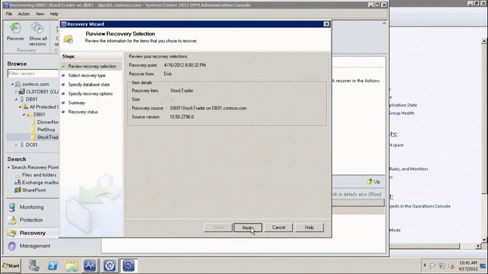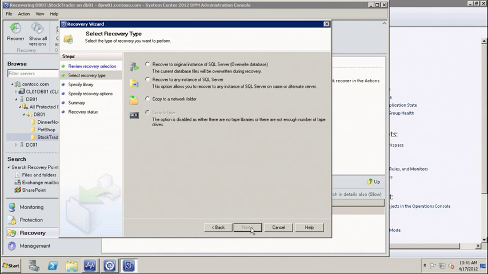I can press next, I can give all the advanced options, original location, alternate location, I can do all that. So what you saw here was, in a single click, I just searched, I clicked on recover data source, and I'm done. Let me go back to the slide